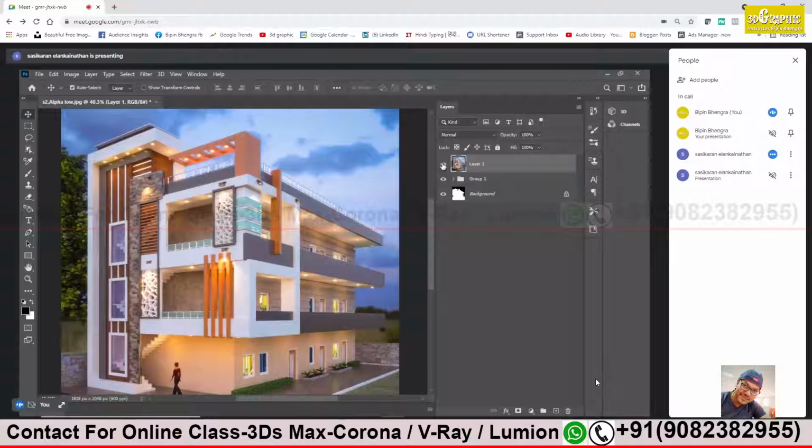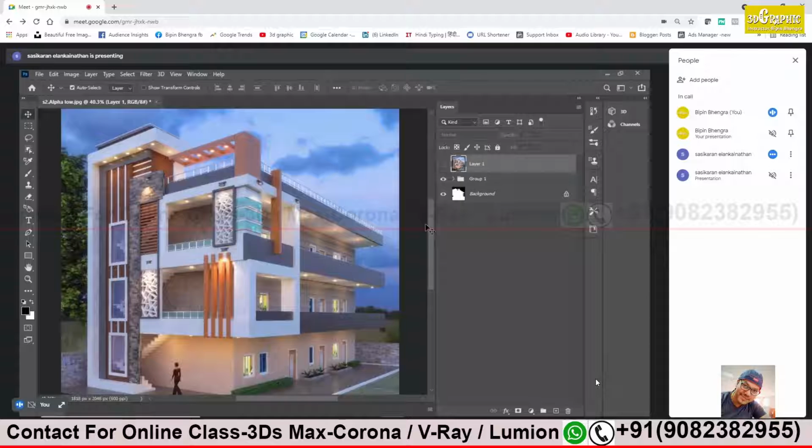Yes, see, I tell you. First of all, turn off the eye icon, the effects. Before, it is a little dull. The textures are a little dull. The bright areas, the artificial lights, the ceiling lights are there, but it is not looking a warm tone. The spread of light is there, but the yellowish, warm tonality was not there. It's not properly distributed. So that is the main big difference.